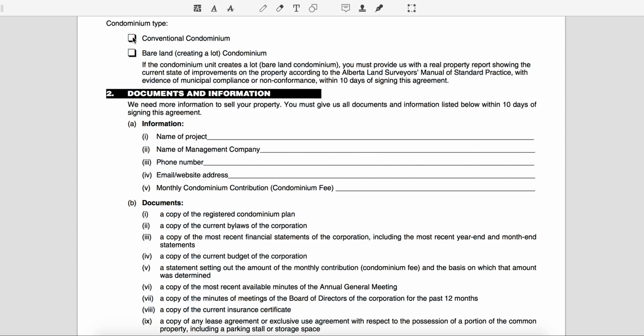Generally, when we're selling a building in which there's multiple units, it's going to be a conventional condominium. However, sometimes when we're looking at townhouses or clusters of duplexes, for example, we look at a bareland condo. And what a bareland condo essentially is, it allows generally people to pay slightly lower condominium fees, but makes them